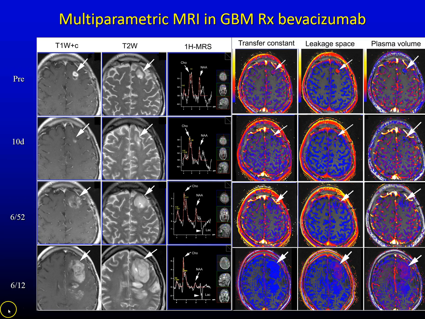So this is the information that would say, yes, the drug works, it has an anti-permeability effect. Yes, the drug works because it causes vascular maturation. No, the drug doesn't work because the tumor continues to grow, and that's why this drug has never been licensed for use in GBM